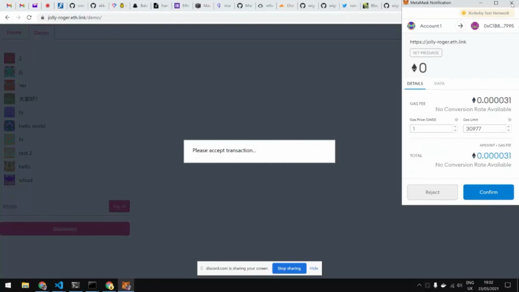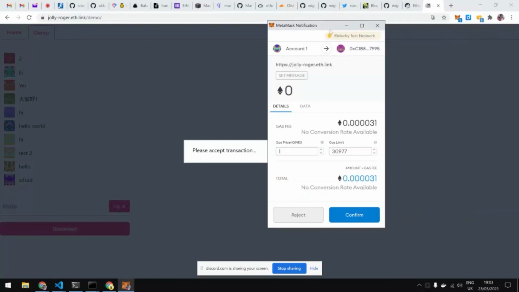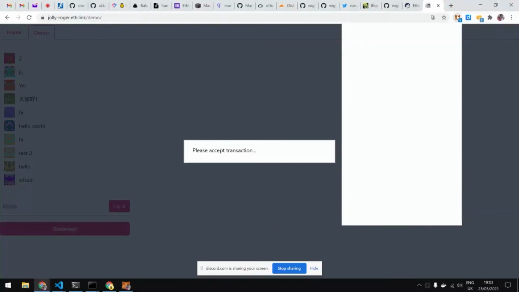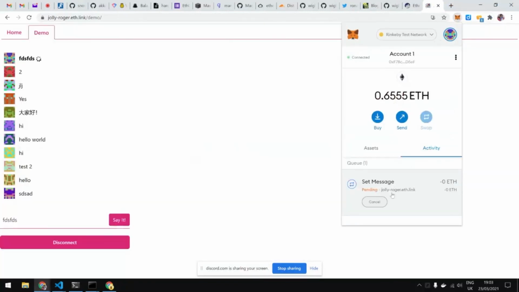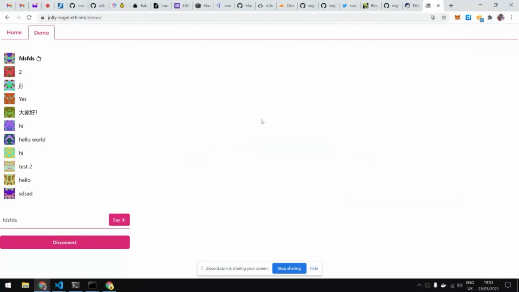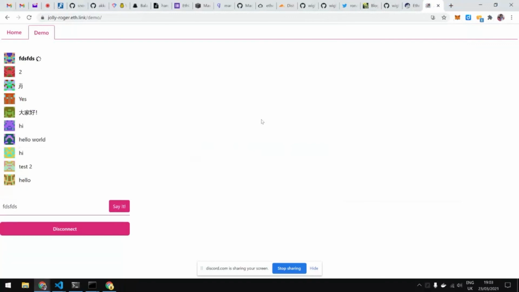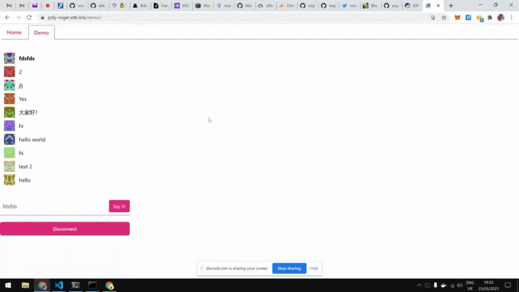So now, what? Okay. So the reason why I do that, I want to confirm, but I also want to cancel, and it supports this kind of detection. So the transaction goes through. If I am lucky, my call to cancel will come first, but I think I was not lucky. Yeah, never mind. Okay, that's it.